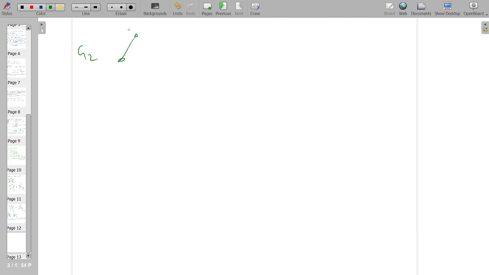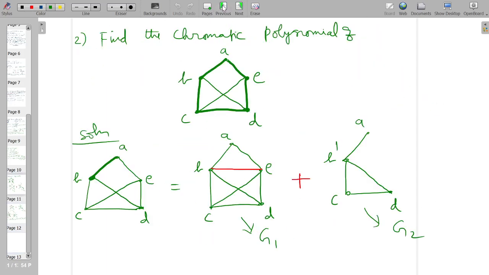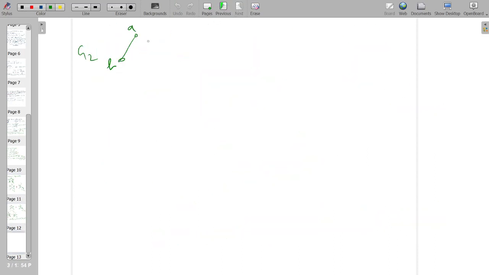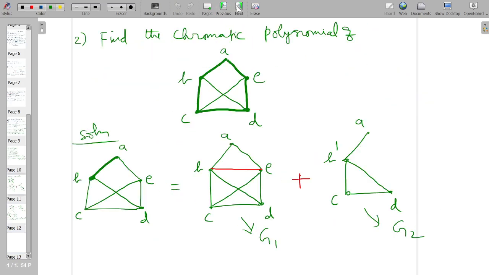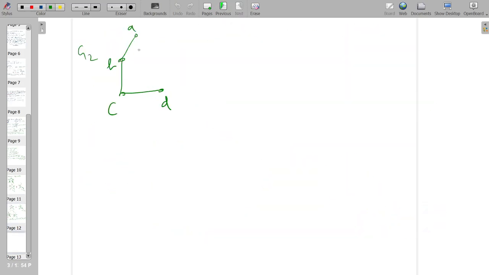I will have A, I will have B, C, D. Okay, I join C and D. C, D. Now you can see that B is adjacent to D. Okay, B is adjacent to D. So here